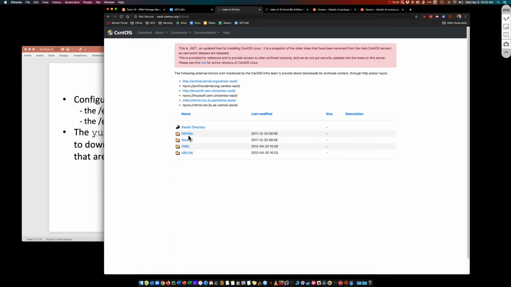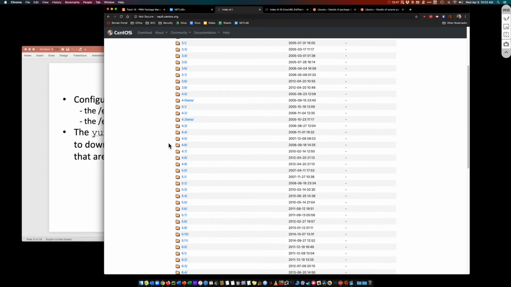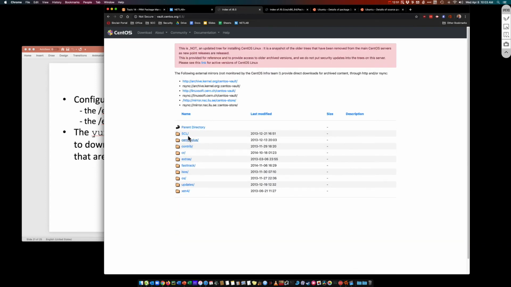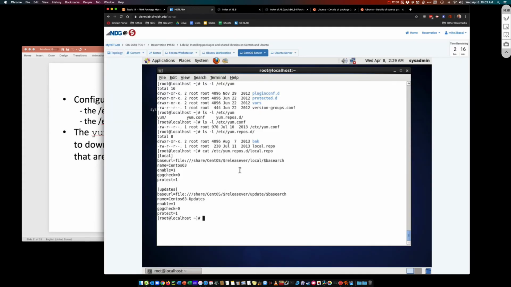So you can see here, source RPM, source i386, x86, and so on. And here's the versions of CentOS. So it looks like a 6.5. And here's everything you need: ISOs, updates, extras, and so on. And most of the time you're given guidance when you set up new repositories. You usually don't have to figure it out yourself. You can see if it's enabled, yes or no. GPG check, this is our MD5 check we just talked about,